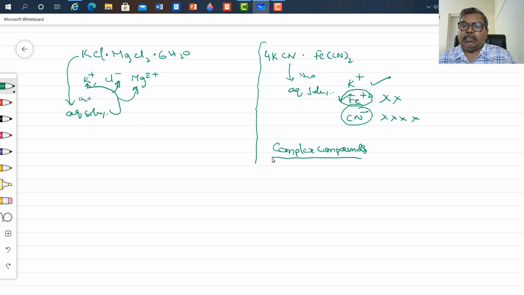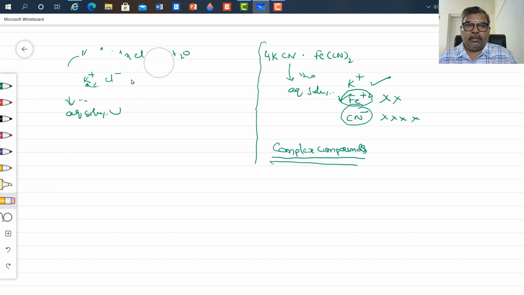That is why they are called complex compounds. First, in the beginning of the 20th century, Werner tried to explain the nature of the coordination compounds,